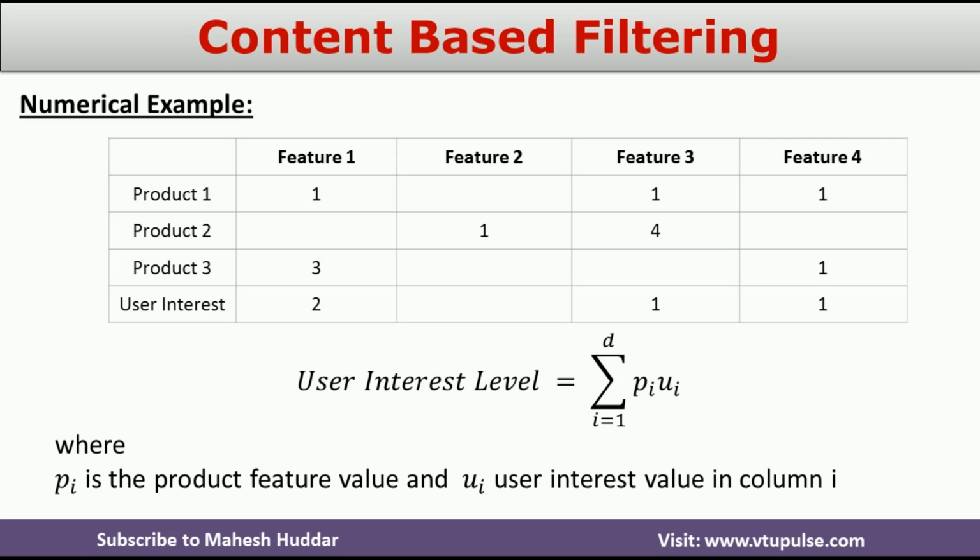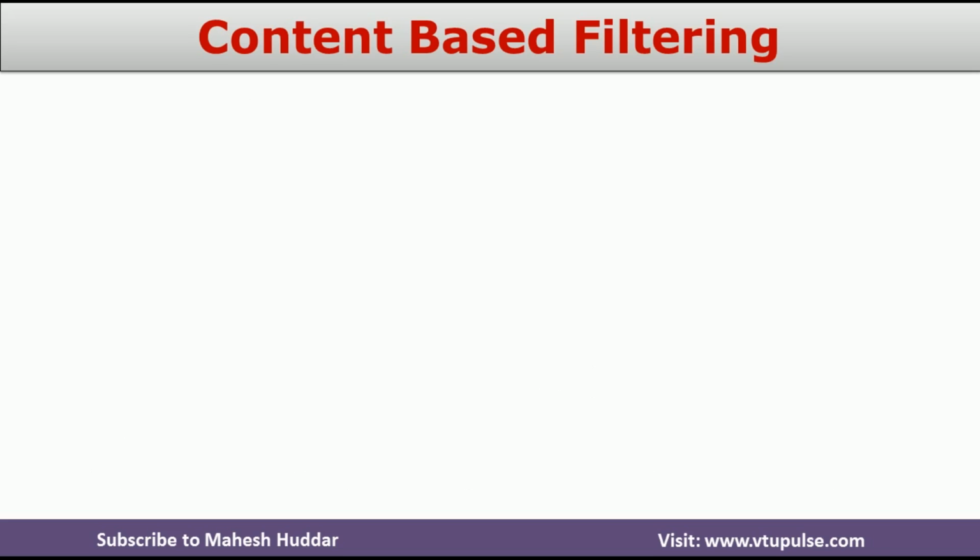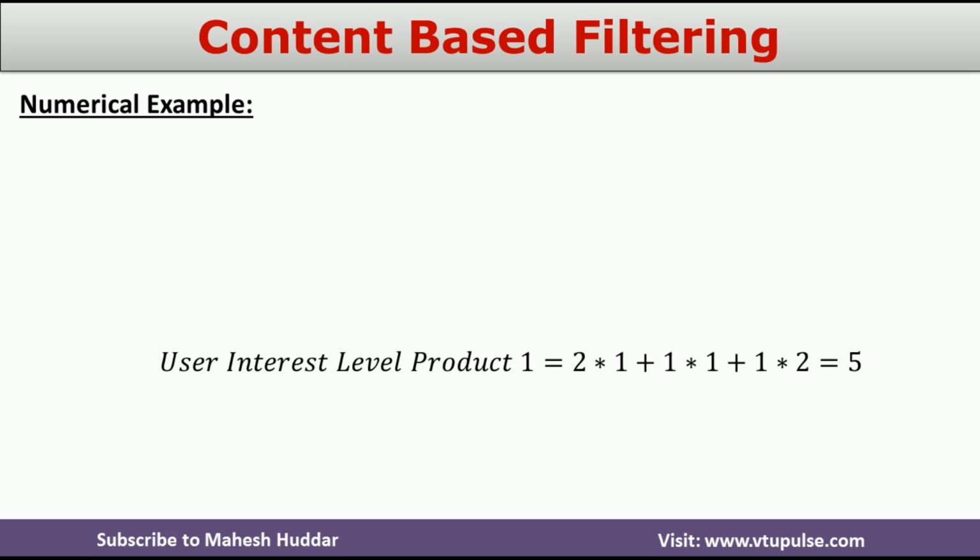Now once you do this particular calculation, we will get the user interest level for every product. Based on that particular value, we can decide in which product the user has maximum interest and in which product the user has very least interest. So in this case, you can see here,